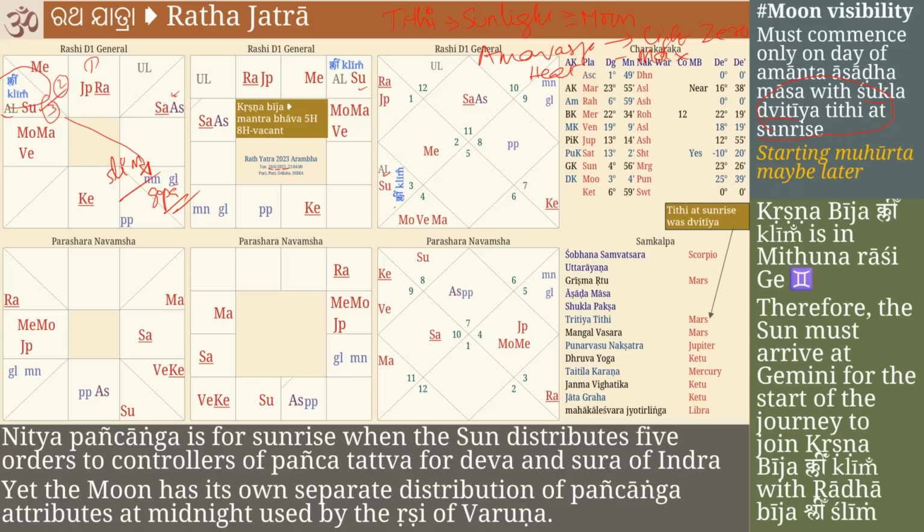Now, gradually during the daytime, things will change. Panchanga will change. Tithi can change. So by the time the Ratha actually moves, by the time Jagannath is brought from the temple, he is put on the chariot, and then the chariot is pulled, so many pujas have to be done. Then the king has to come with a golden broom and sweep the road. The Maharaj of Puri becomes a sweeper that day. How did the Gajapati become sweeper?